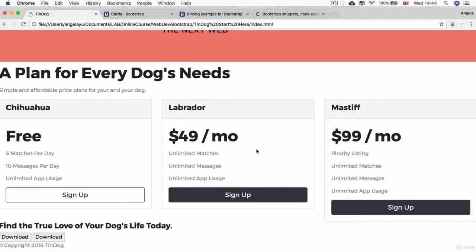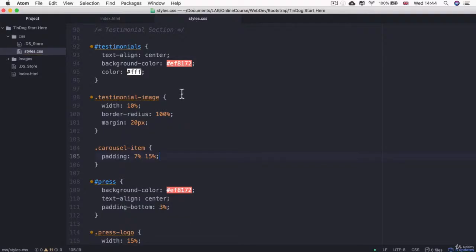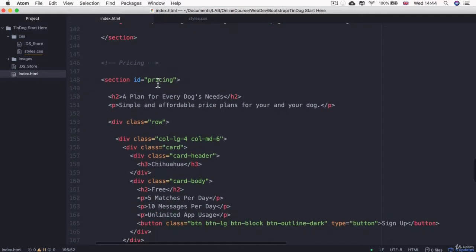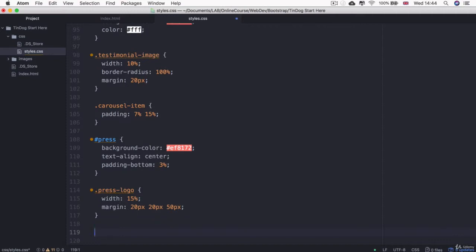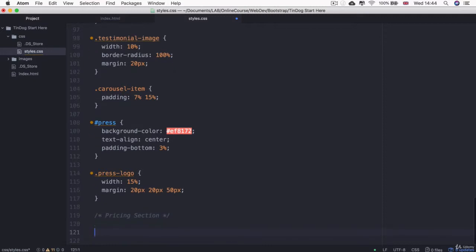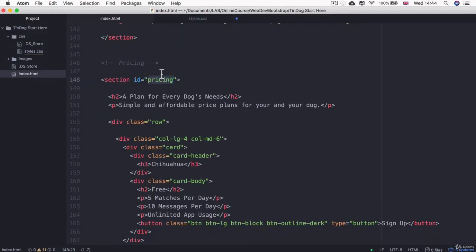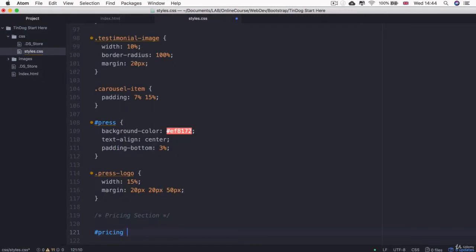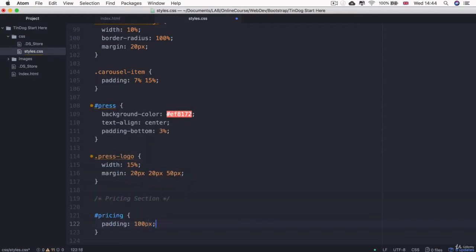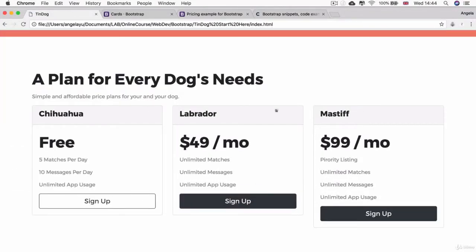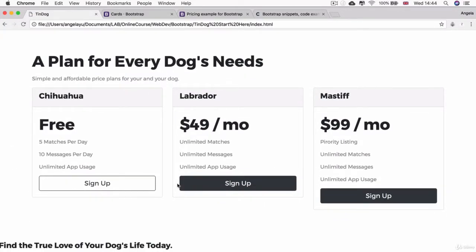and the text. So the first thing I want to do is add a little bit of padding from all sides. So let's head into styles.css, and the part that I'm going to put the padding on is this pricing section. So I'm going to scroll down here and add the pricing section. And here I'm going to target the pricing selector. Let's just check the spelling. Pricing looks good. And then I'm going to add that padding, which is going to be roughly around 100 pixels,